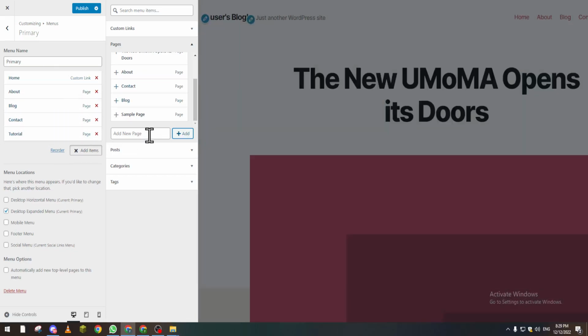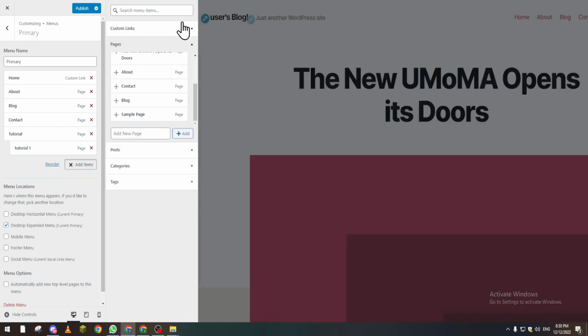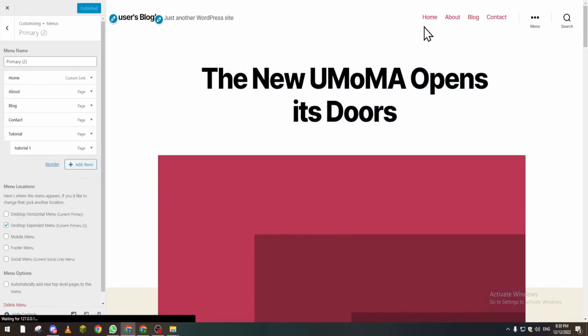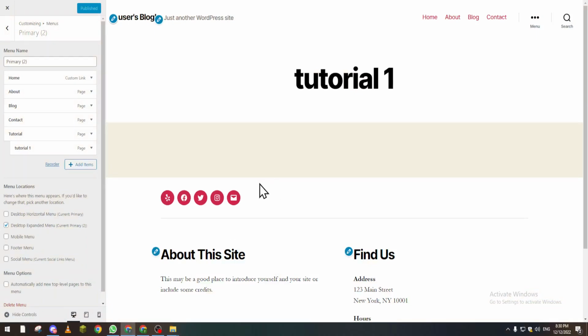You can make a second menu under a menu, for example, something like tutorial 1, and add it in here. So what it will look like is something like so. Tutorials, tutorial 1. And yeah guys, that's how you can edit your